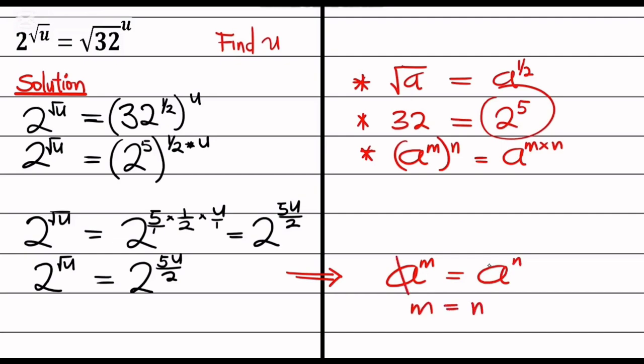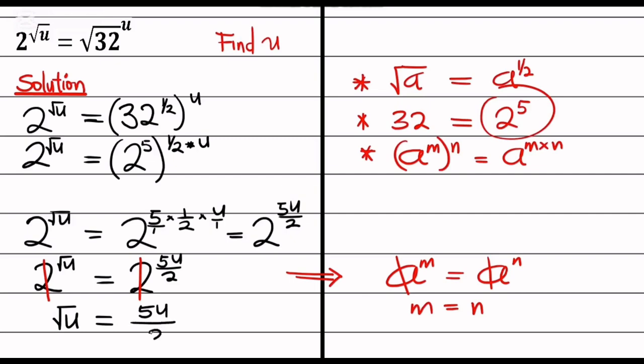That is, this one goes, this one goes. The same thing is what I'm going to apply to my equation on the left-hand side here. I have the same base, that is just the requirement. Then the next thing is that this one goes and this one goes. So what do I have left? I have square root of u equals